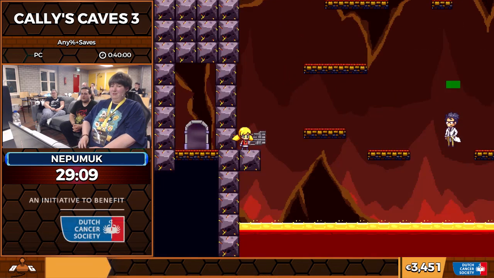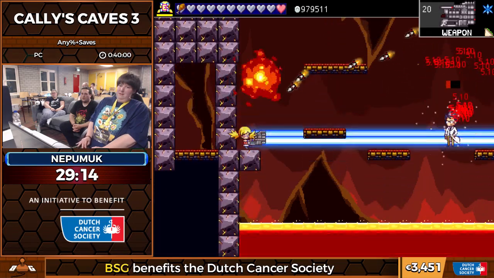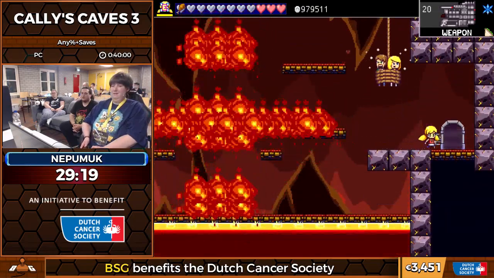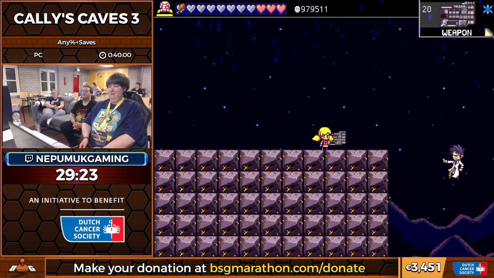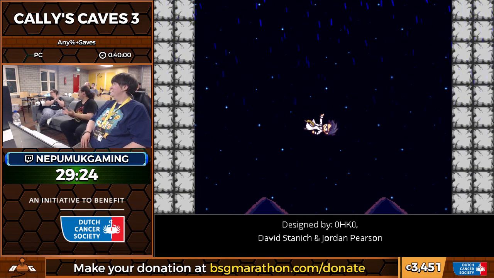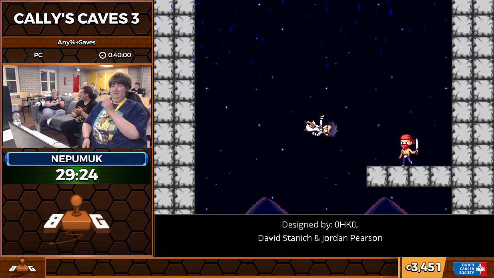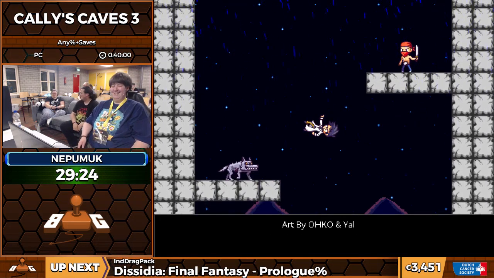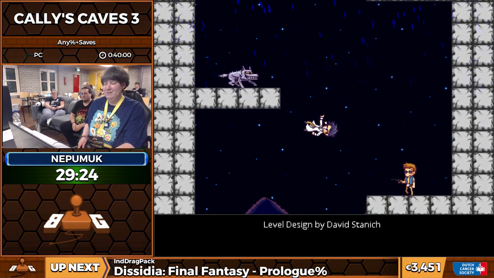So this is the Herbert fight. If all goes well, it should go pretty quick, but those missiles can screw you up. But it didn't, so get ready on time. And time. That still beats my PB by like a minute, I guess. Okay, so since the donation incentive was met, we